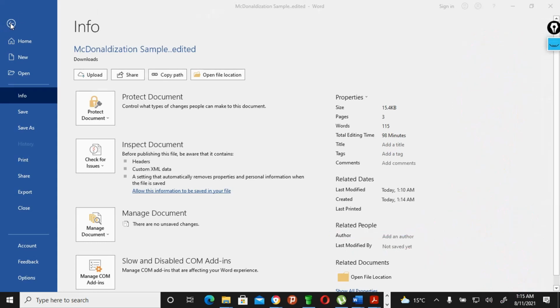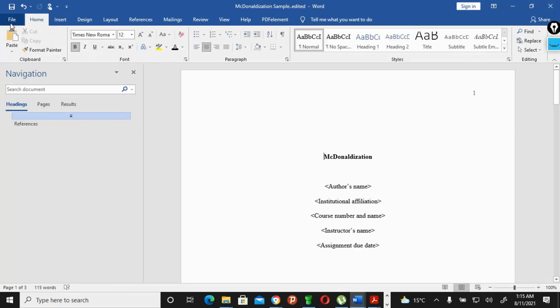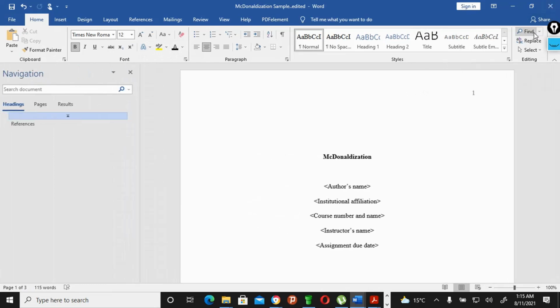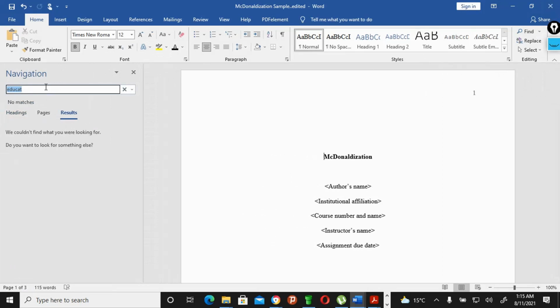Now, the other thing that we can check is extra spaces. For extra spaces, you come here to Find. When you click Find, it brings up the navigation pane. Then you put two spaces, so I'll press my space bar twice, and I can see I don't have any, so that document has no double spaces.